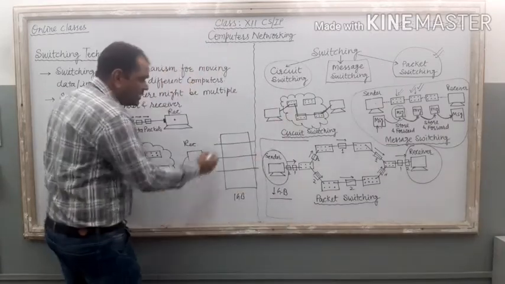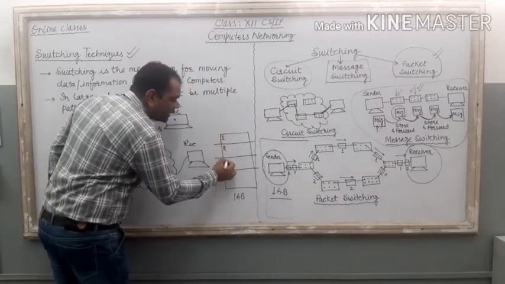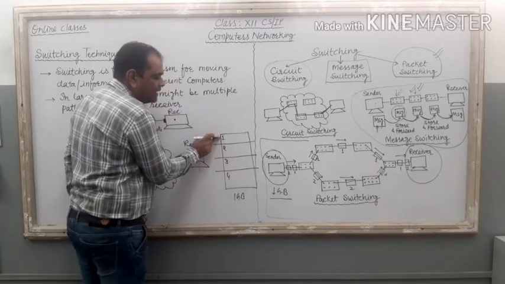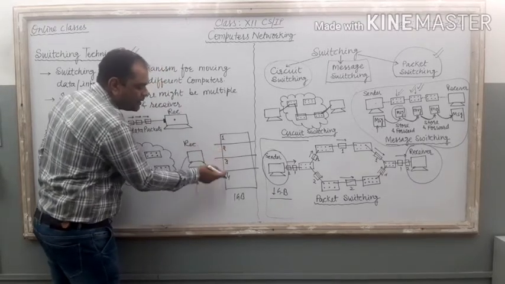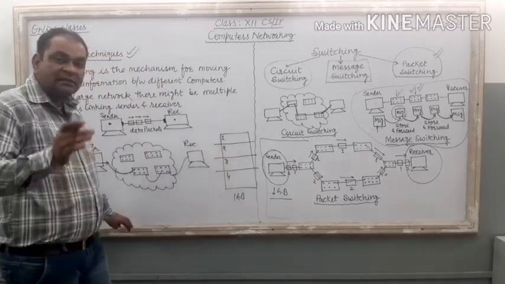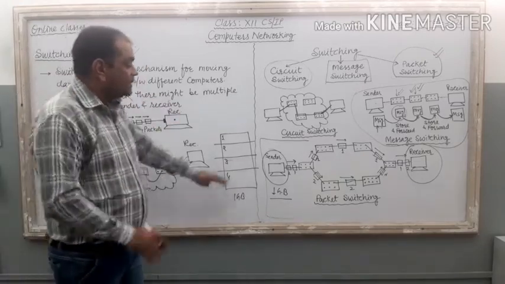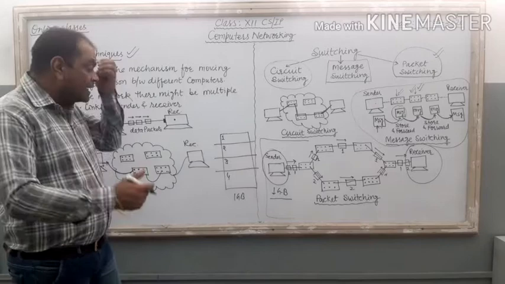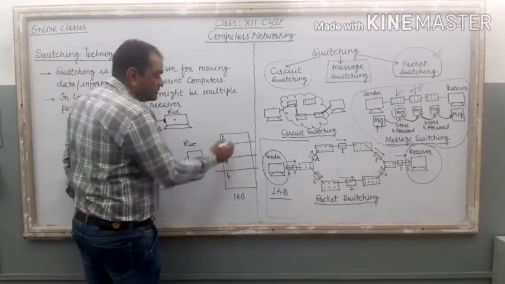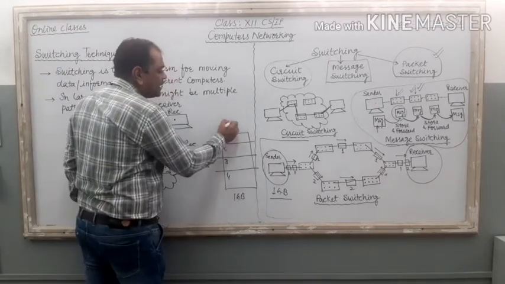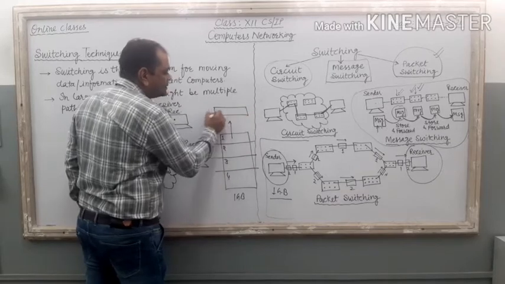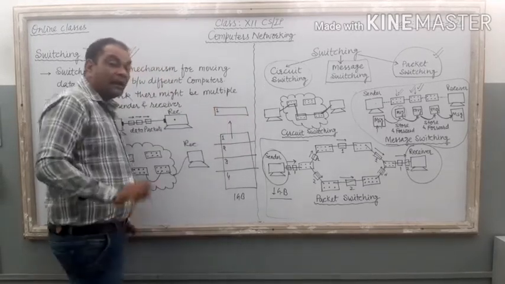The second task, each and every packet got a sequence number. Here it is the first packet, second packet, third packet, and fourth packet. Sequence number on the packets attached by this technique. Then the next one, each and every packet, suppose this packet, it is now converted into this one. Here it is the packet, the sequence number.